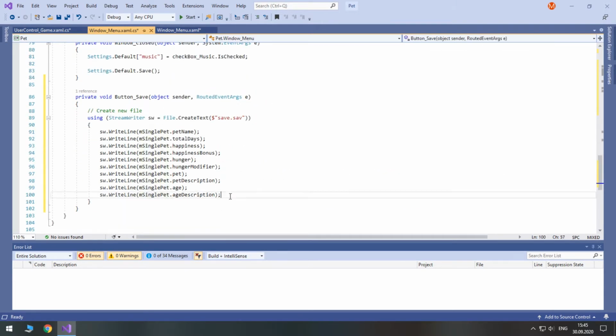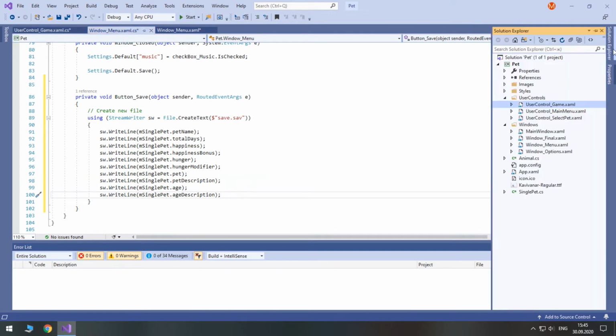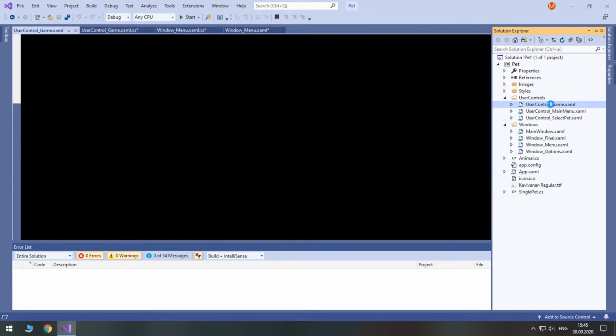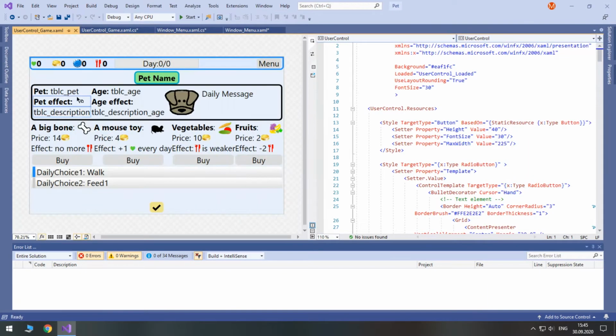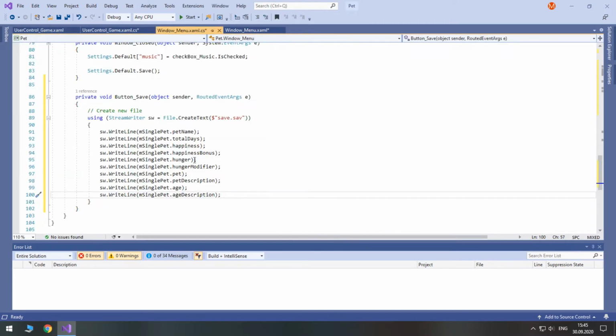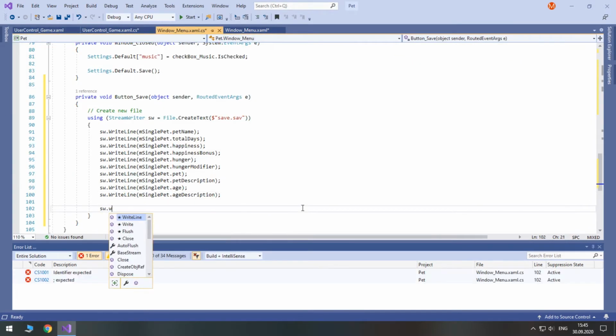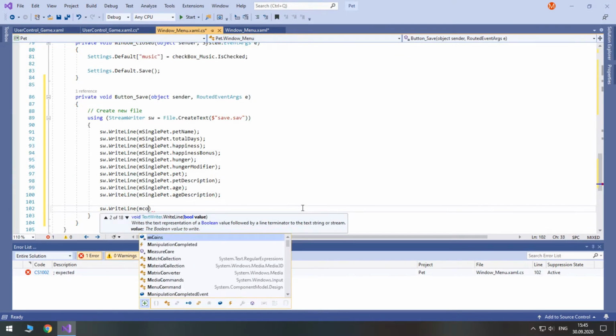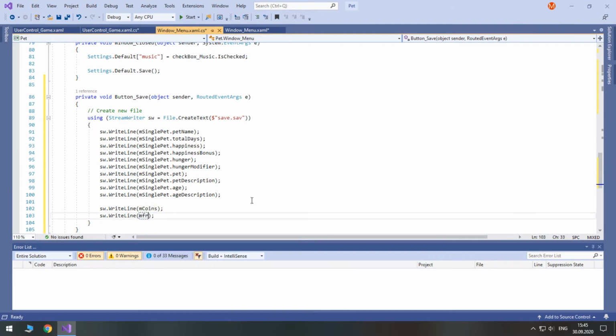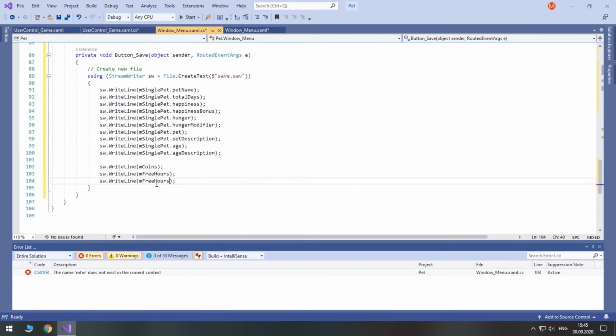But as for other relevant variables, such as, for instance, resources, the current day, whether the third choice is available, and whether items were purchased or not, for all of this we need separate variables. Let's write a line using mCoins, then free hours, and also current day.